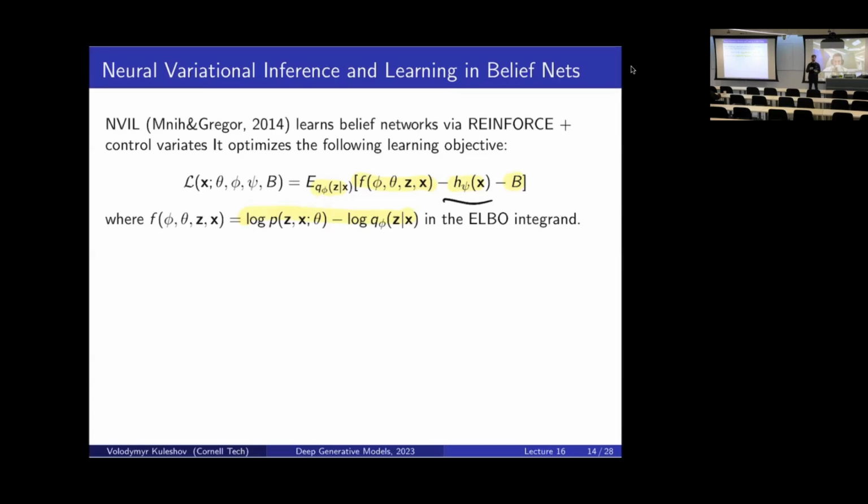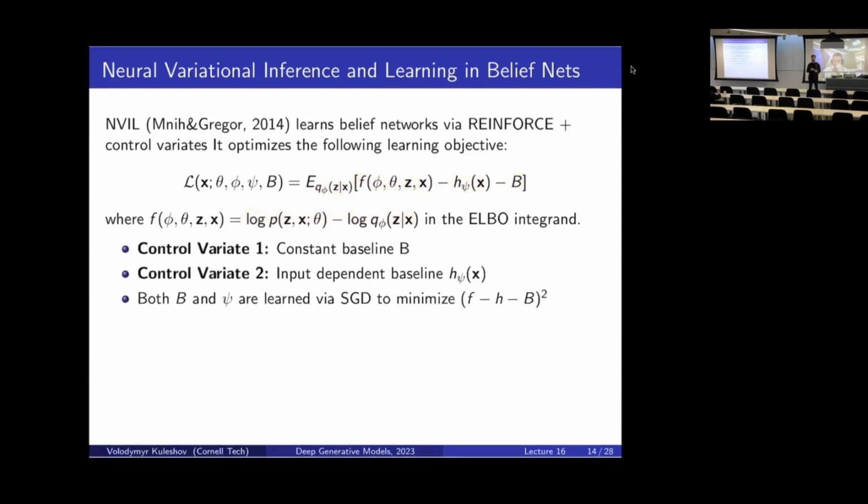Okay, so now this is the modified objective used by NVIL, and I have these two control variates, a constant baseline and an input-dependent baseline, and both of these baselines can also be learned. I said that the optimal control variate is one that is similar to the true expected value of the thing that I'm trying to optimize. So we can learn h and b by optimizing this objective. We can train the parameters psi of h by minimizing the L2 error with respect to f, and this gives me my